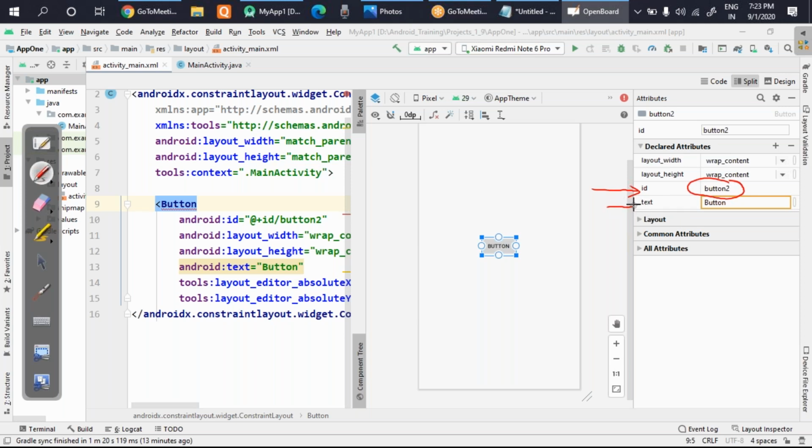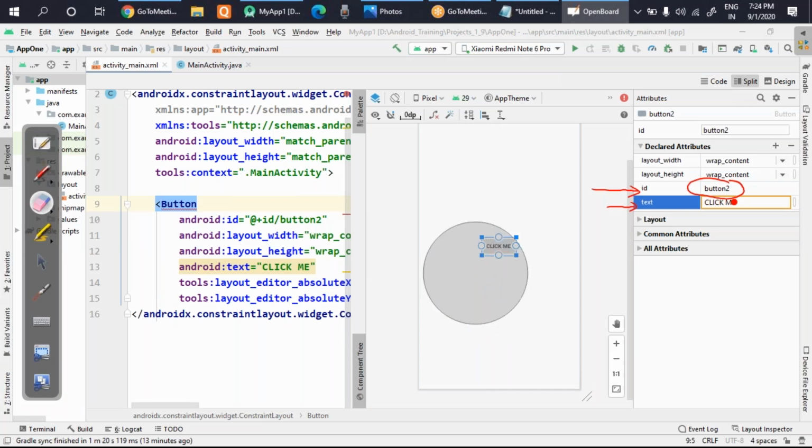And the next is text. So this is a very common one which you will find everywhere, and this is actually whatever you are seeing here. What is written here? It's written button here. Okay, so whatever you write here, that will be visible. I'll just show you. So if I try to change what is written here, suppose I'm writing here, click me, and if I press enter, look here, the text present on the button has changed. So what is text actually? It is a message which will be visible on the component.